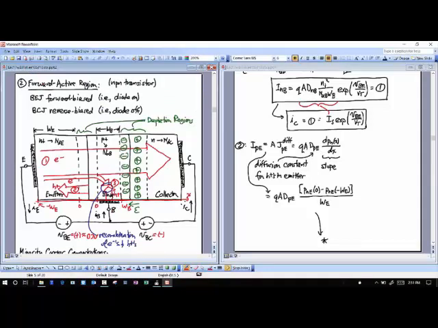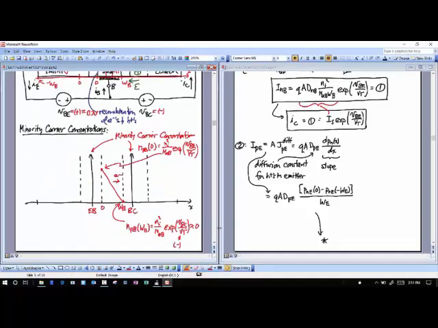In this case, I'm going to have a concentration gradient here, but because my concentration in the emitter is so large, I'm going to have that concentration where this NAB is here, right? So instead of NAB, I would have ND of emitter in that case.